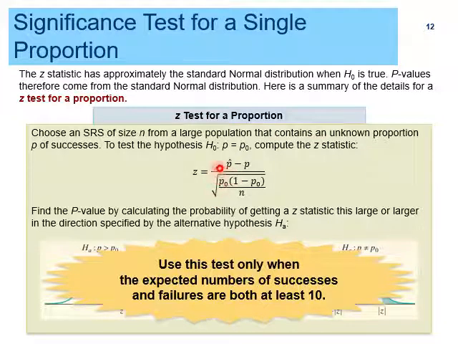For that we will do p hat minus p naught divided by the square root of p naught multiplied by 1 minus p naught divided by n. Now for the alternate hypothesis, what are the options? Either the proposed value is less than p, or greater than, or it can go both sides. So for positive values it's on the right tail, for smaller values that is in the negative tail, and similarly when it can go any direction, it is on both tails.